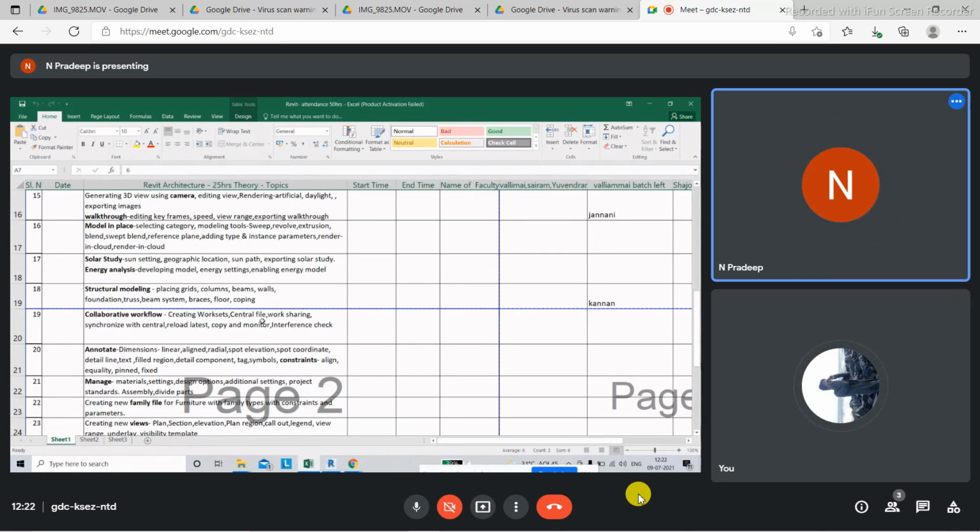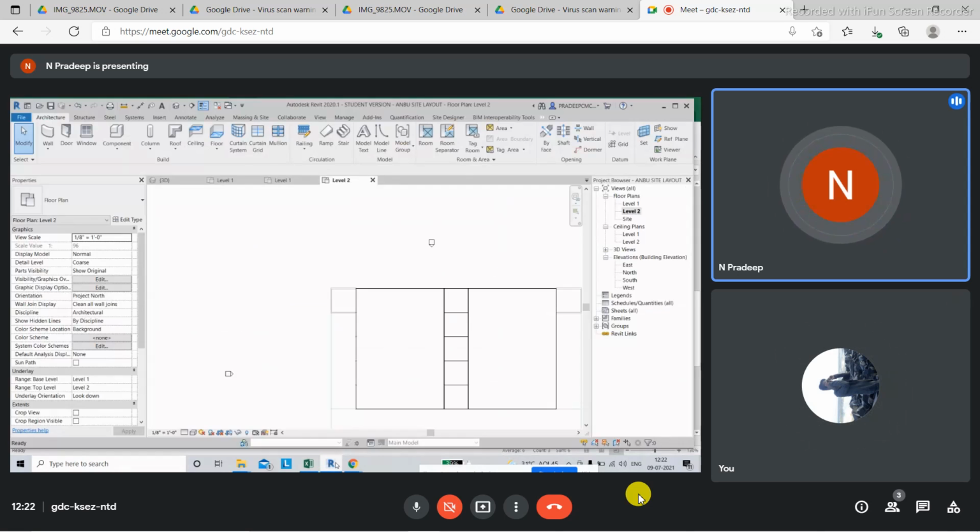So we're going to see how to create a central file first. You have to assume that we are in three different places. Instead of a server, I'm going to save it in a local drive on my laptop. And instead of three laptops from three different places, I'll turn my laptop into three different laptops. You need not note down how I'm changing that. Just follow the concept and understand what I'm doing. That's enough.